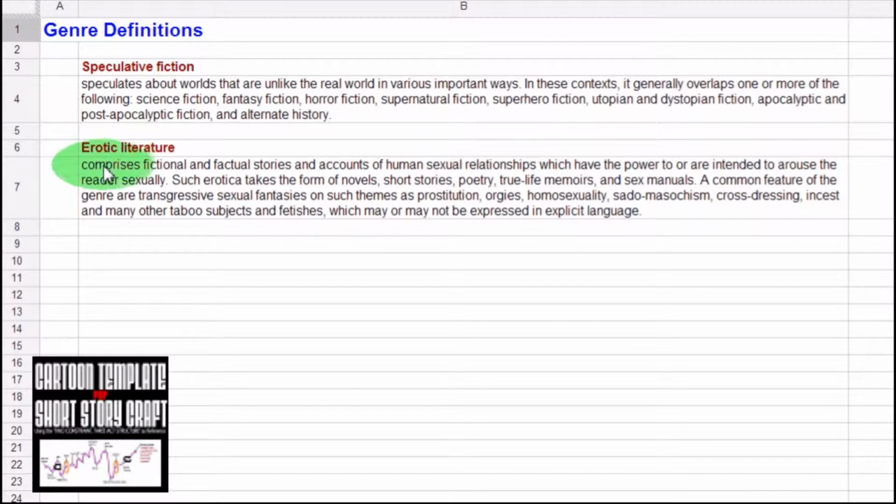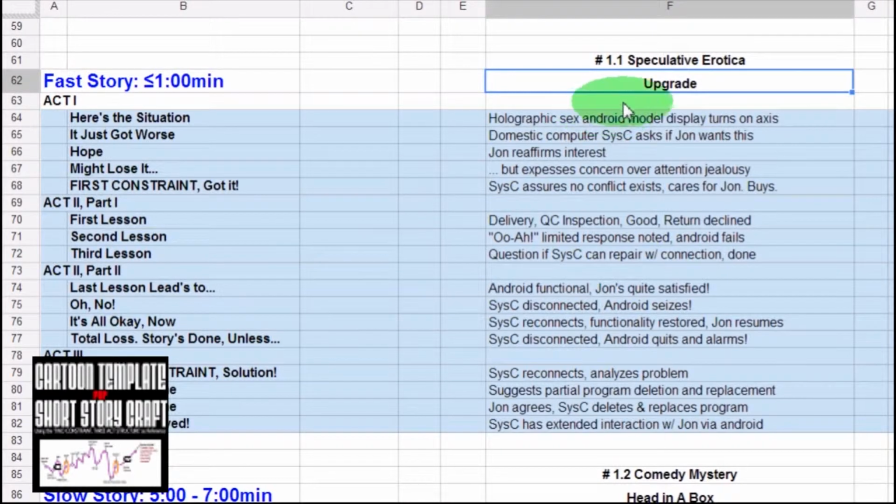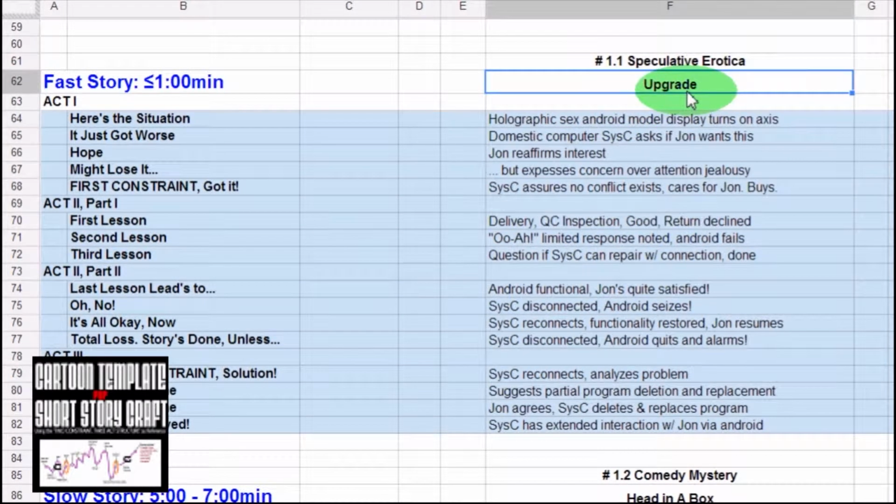Erotic literature is about accounts of human sexual relationships which have the power to tend to arouse the reader sexually, or I guess viewer sexually in this case. So with that, I went back and created a story called Upgrade. It begins with a holographic sex android model on display turning on its access. The domestic home computer is called System C, or Sissy. We're assuming it's going to be female